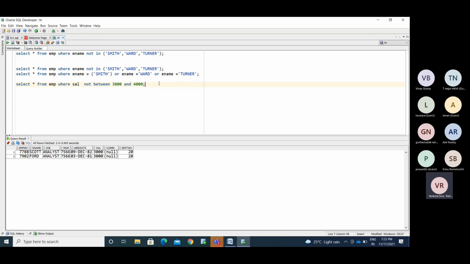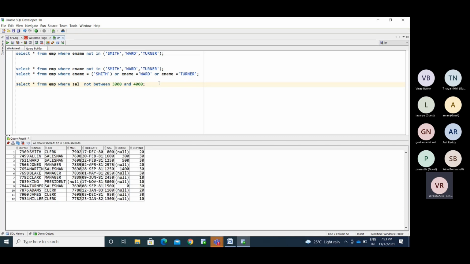Other than that, whatever values we have, it will display. See, we have 5,000, right? Below 3,000 you are getting, above 4,000 you are getting. Okay, so this is the BETWEEN operator, NOT BETWEEN. We'll see more about this.